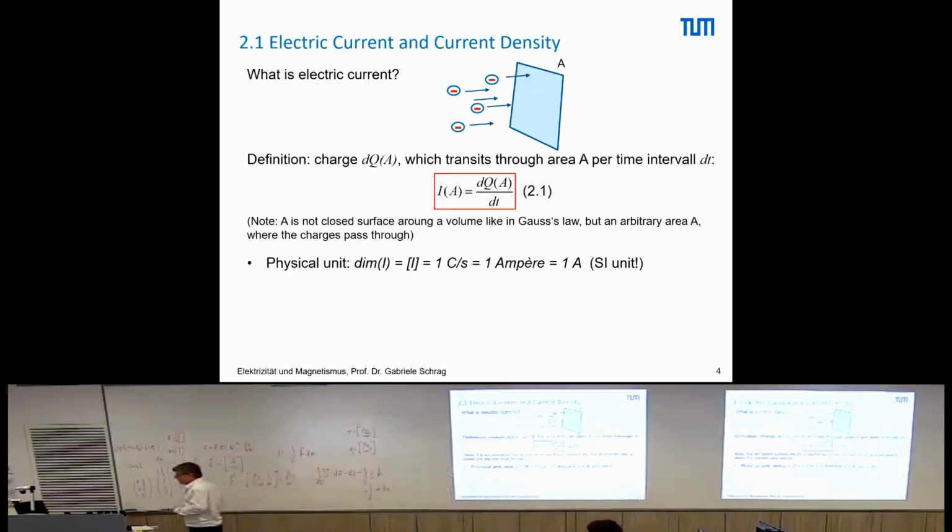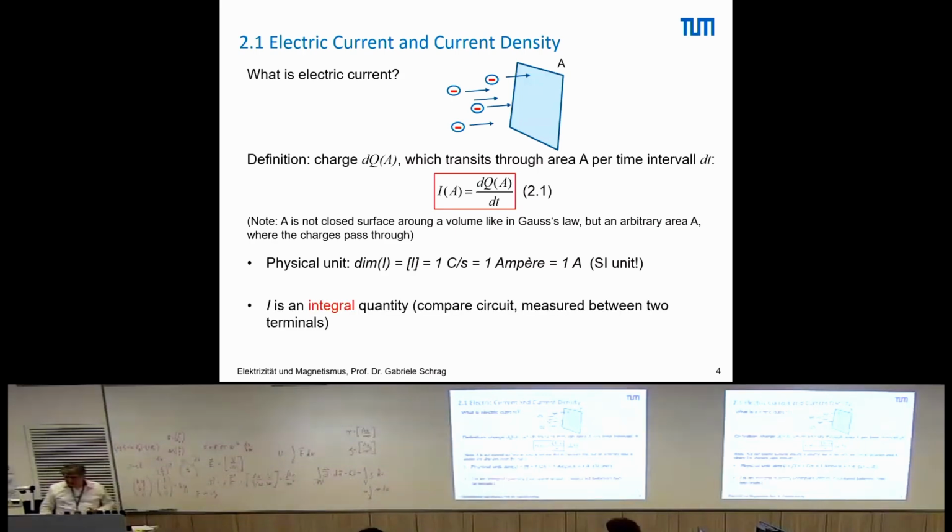You see the current is dependent on the area, and hence this whole thing is an integral quantity, because you have to integrate over the entire surface all the charges that are passing through. You also want to introduce, in addition to this integral quantity, a local quantity, and that is the so-called current